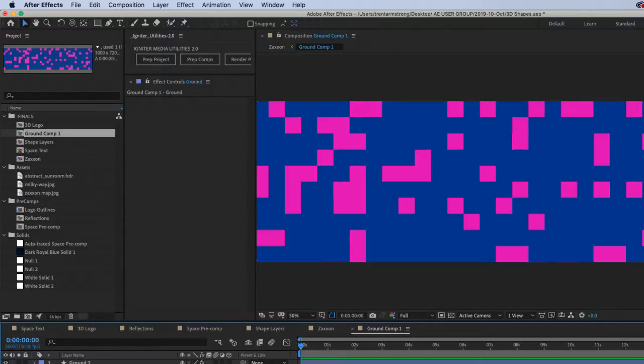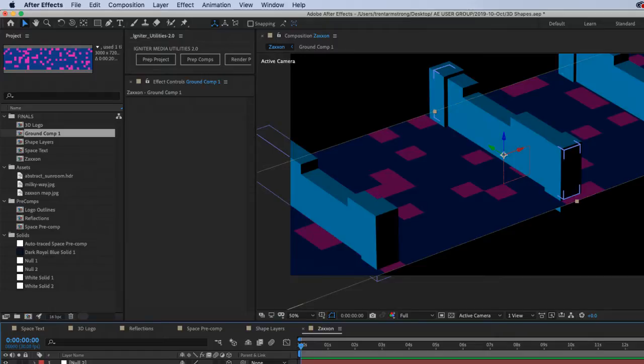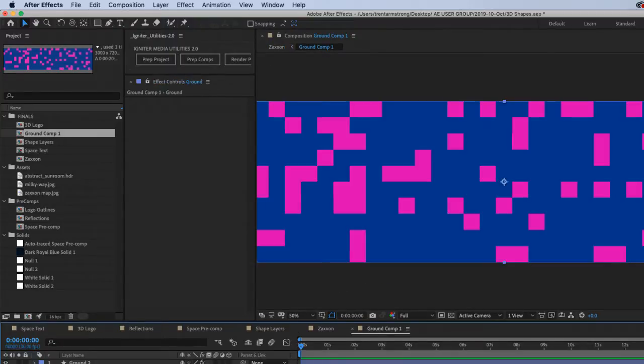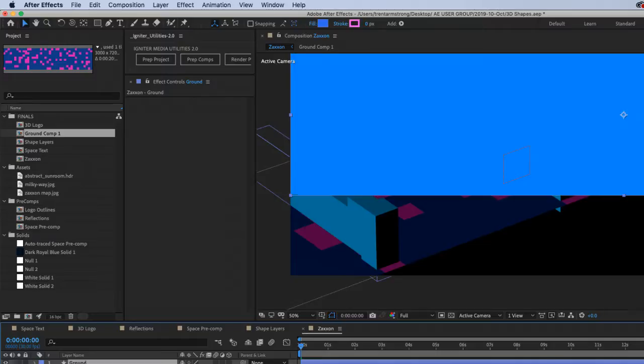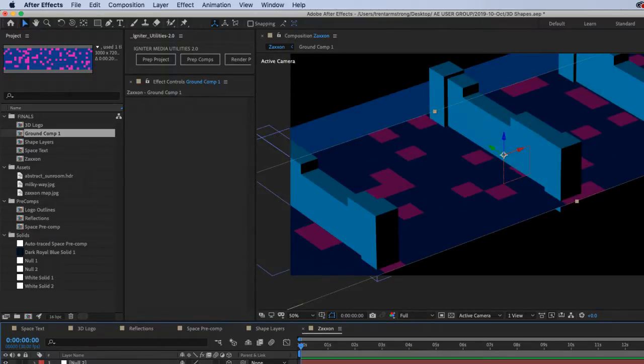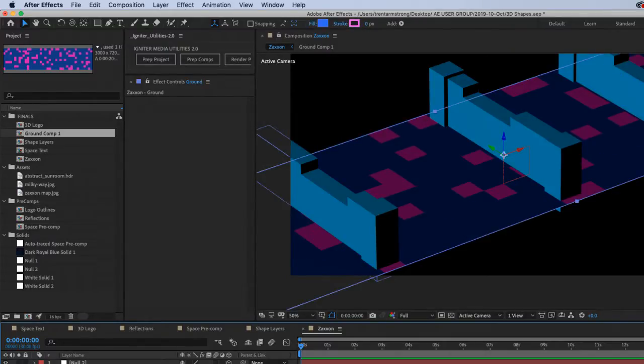I can copy the ground and paste it. Copy the ground. Paste it in here like that. And set all of the position, everything like that.